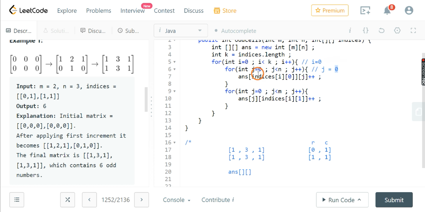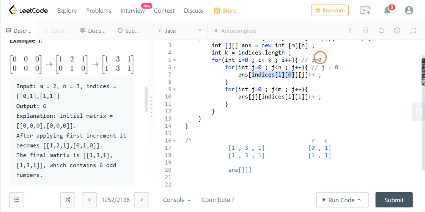What we have to do is answer at indices I comma 0. Our I was 0, which means indices at 0 comma 0, which is 0. So this whole thing becomes 0. And now we will also change our j to 0.